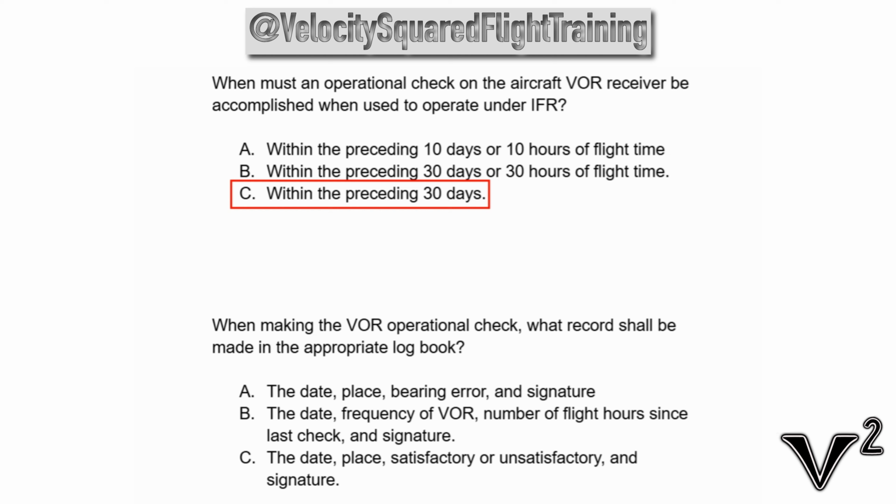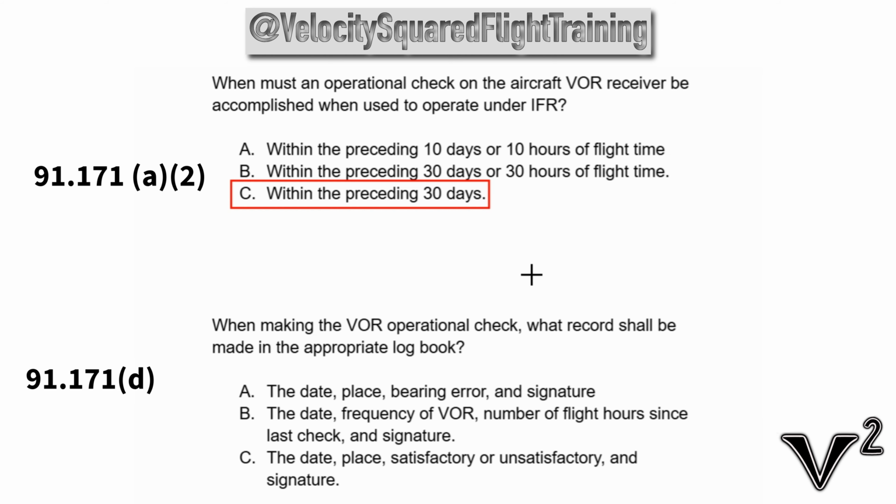The answer for this one is under 91.171, if you want to go look at the regulation itself. Okay. So previous 30 days. All right. When making the VOR operational check, that's this one up here, what record shall be made in the appropriate logbook? Okay. So this one's tricky. This one is just one of those things you got to know on the test. You have to have read